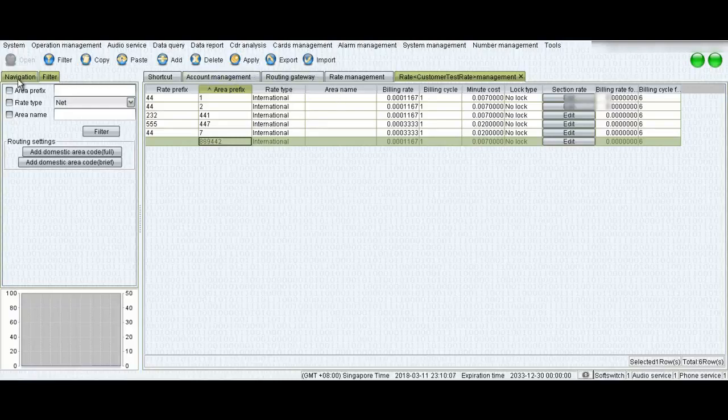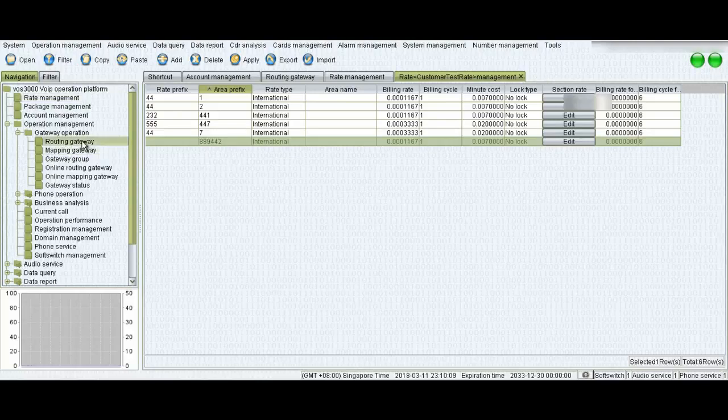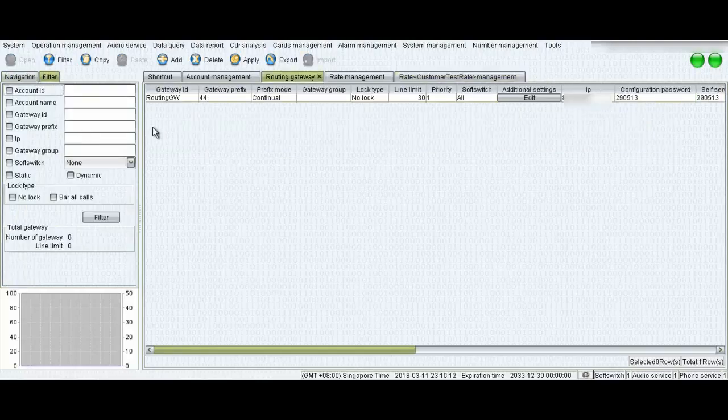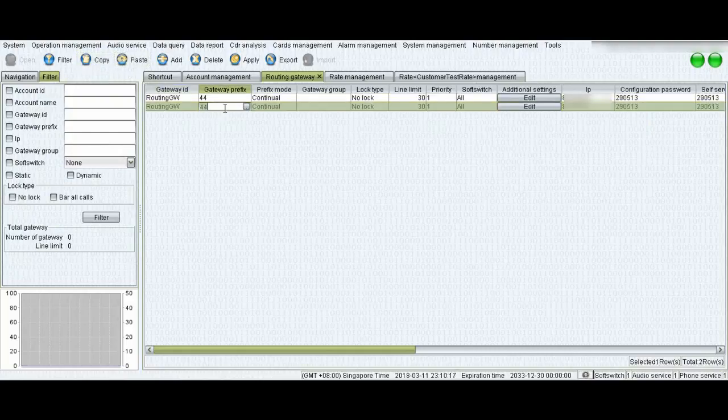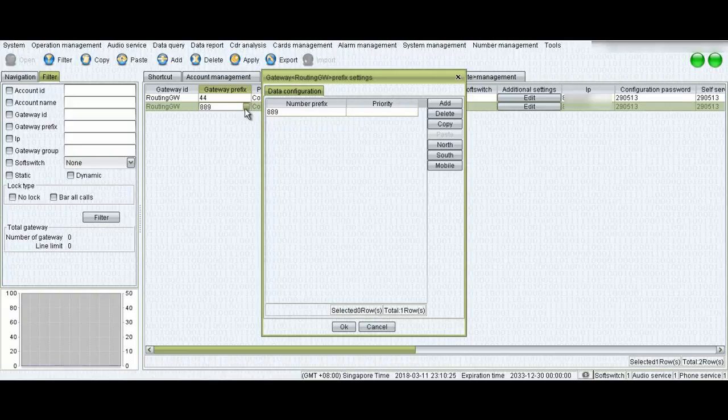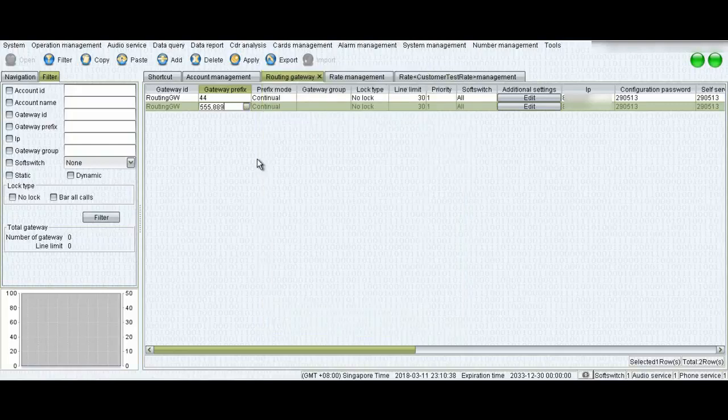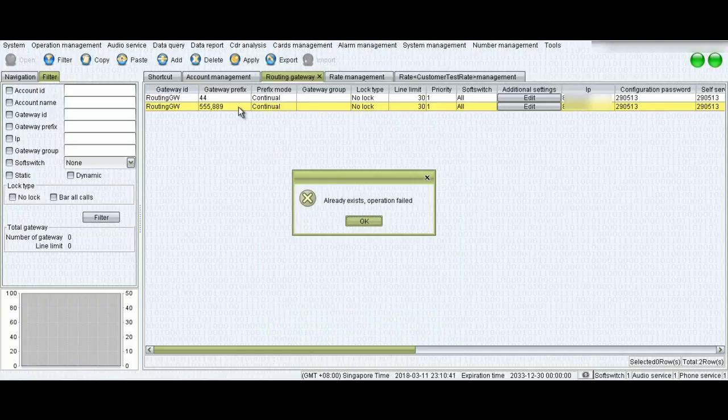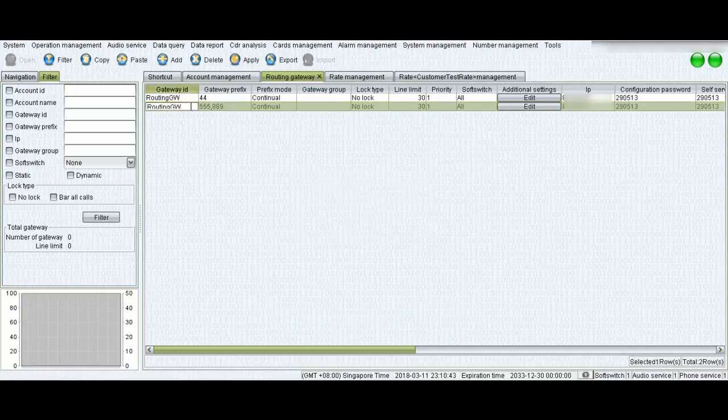So in order to add one more routing gateway, I can just copy and paste and enter 889 prefix here, or I can click this small button and go here and add directly here. One more prefix I want to assign is 555, which is also a UK landline prefix.